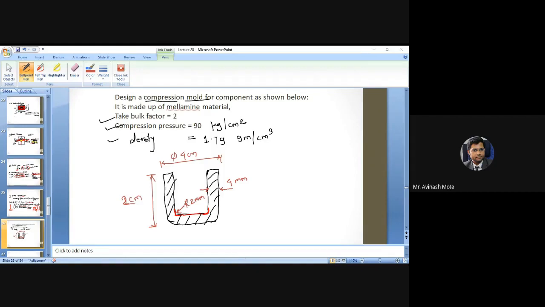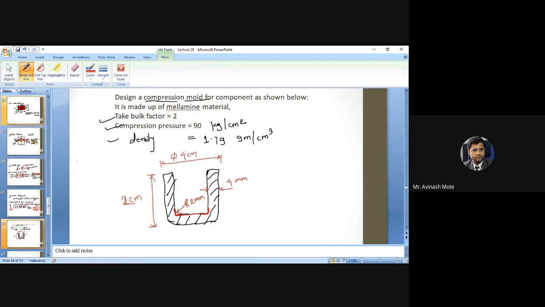Now if you see, a very simple product is given, and for this kind of product we have to design a compression mold. This is a simple kind of cap, like a bottle cap. The complete diameter is 4 centimeter. Thickness of the wall of the component is 4 millimeter. Height of the component is 2 centimeter, and a radius of 2 millimeter is provided at this juncture. So we'll